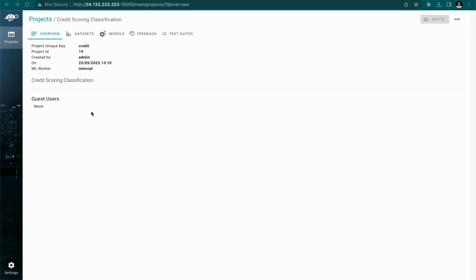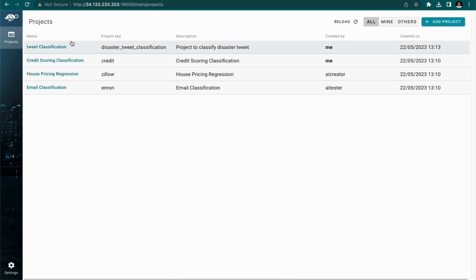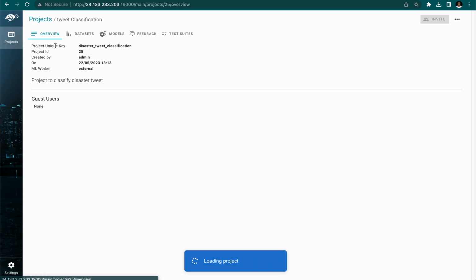Now that we have our projects created and all the data sets and model uploaded in Giskard, let us now look at how we can use these to evaluate our model for various test cases. So here you can see, you can go to my projects screen,